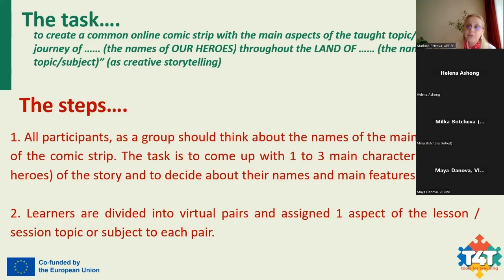In the beginning, all the participants should start in the common group and think about the names of the main characters in the comic strips. After that, they are divided into small groups and pairs where they should work on one aspect of the topic, and there